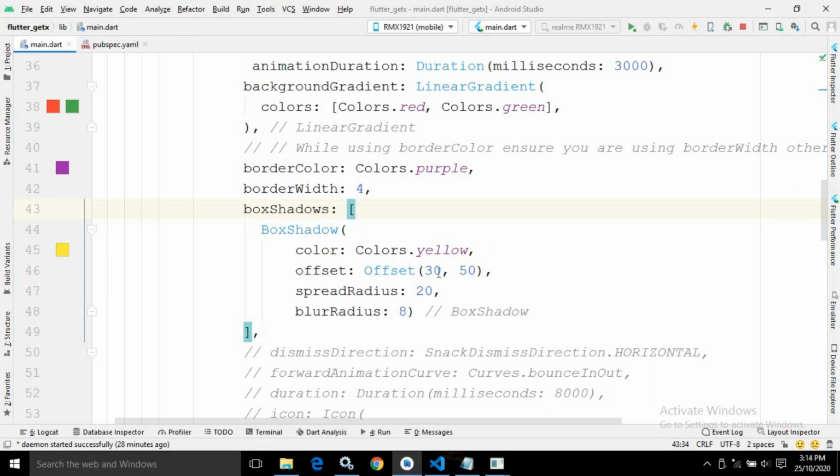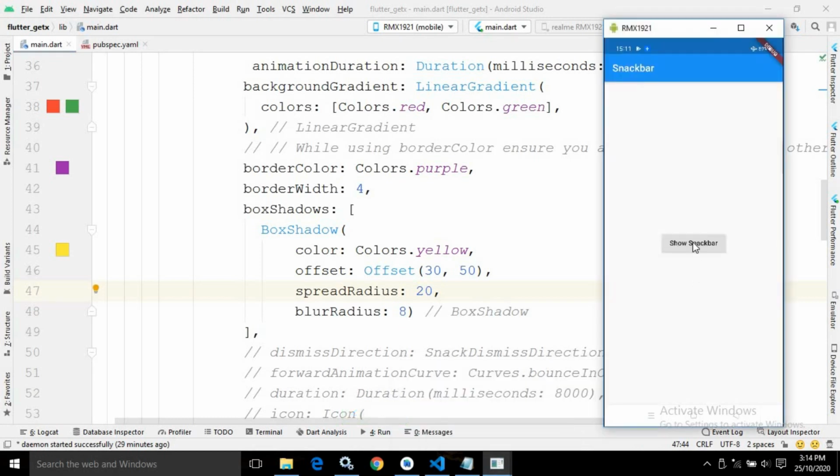This means the shadow will be applied at position 30 in the x direction and at position 50 in the y direction, and the spread radius of the shadow will be 20 and the blur radius will be 8. If I save this and click it once again, then you can see a yellow background shadow has been applied.